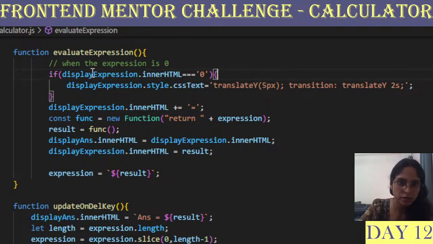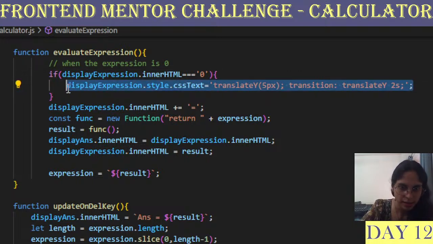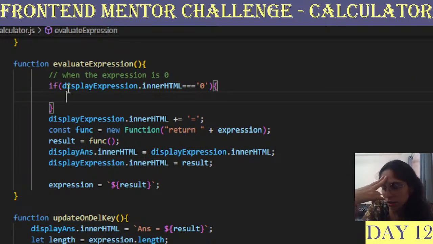तो उसके लिए I've already in evaluate expression, if you can see I'm already there. Display expression.inner.html is 0. ये तो style transition का I have to learn about this.